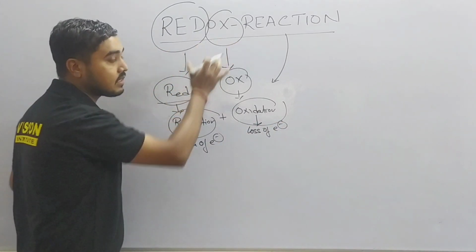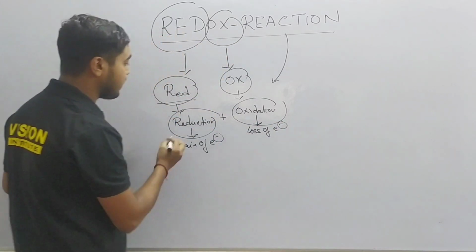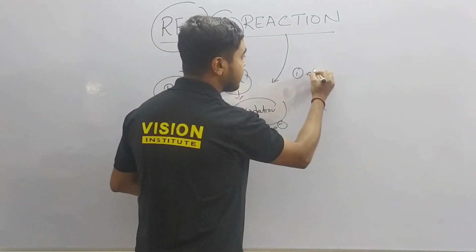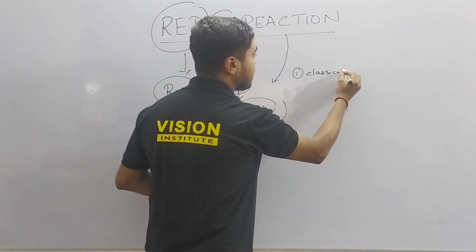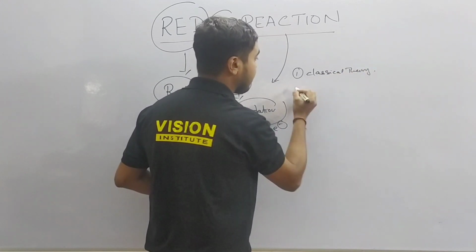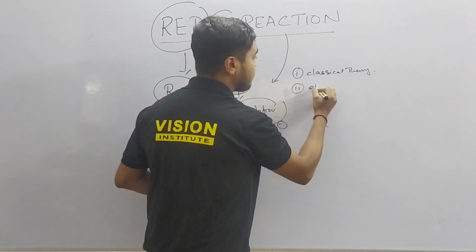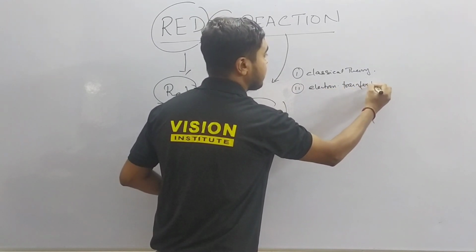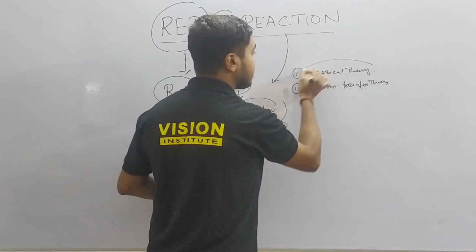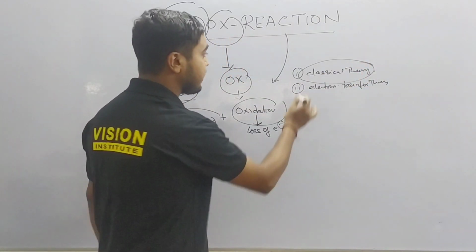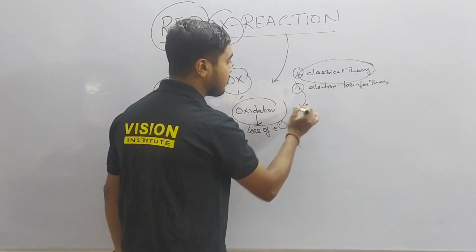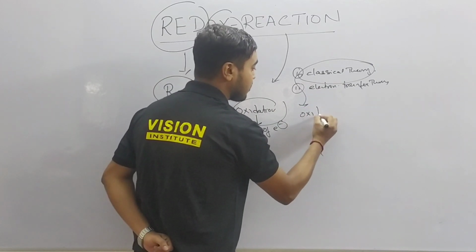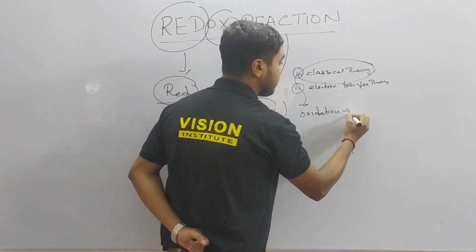Redox reaction is explained by two theories. The first theory is classical theory, and the next theory is electron transfer theory. According to classical theory, redox reactions are those reactions where addition of oxygen, oxidation, where addition of oxygen